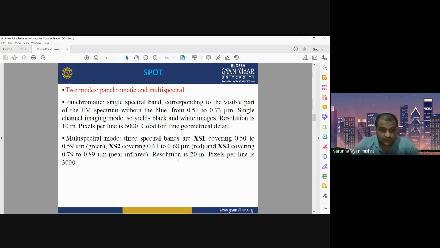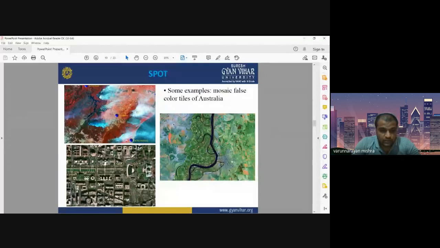And the spatial resolution of multispectral mode is 20 meter. In panchromatic, it provides the data at 10 meter spatial resolution, whereas in multispectral mode, it provides data at 20 meter spatial resolution.